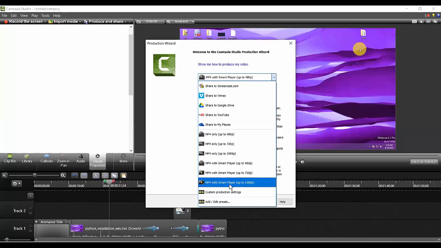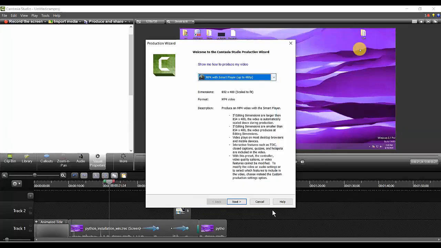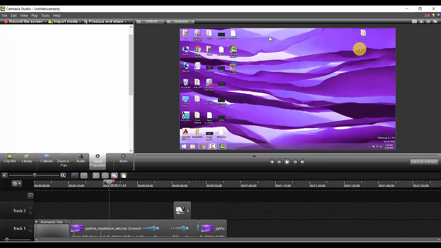It means any kind of MP4 player, let it be in a web page, let it be somewhere else, let it be in mobile, anywhere it's supposed to play. So I'm saying it's a smart MP4 player. Okay. So whatever size I have defined right now, let me cancel it out. Now this is my canvas, right? Whatever size is defined in the canvas itself, the video will be of that size.